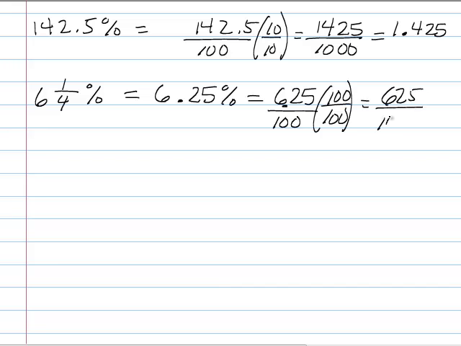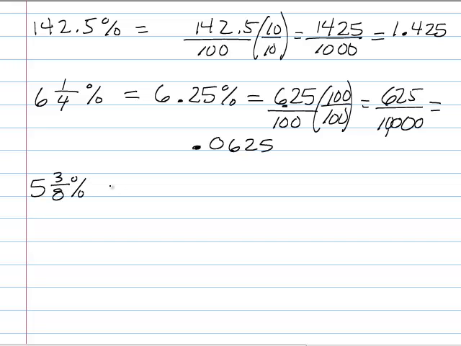625 over, we have 4 zeros now, 100 times 100 is 10,000, so this is 0.0625, or 625 10,000ths. That's what 6.25% would be. And effectively, again, my decimal place was here. I'm moving it 2 to the left. All right, let's try one more. 5